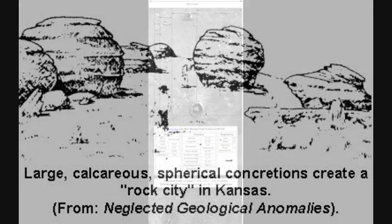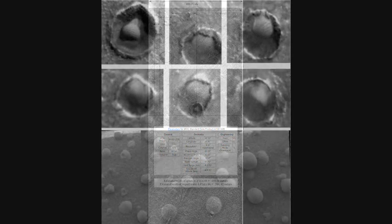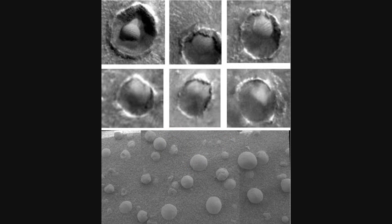And so what I'd like to do is show you the golf ball crater. I've scaled it up. It's 42 pixels wide. That makes it 192 meters wide. And I think anybody can see that... I know it's a smaller image, but I can see that it looks like an impactor. So rather than it being a sand dune inside an impact crater, it is a hard object that caused the impact. So what I did is I looked over all the images of the orbiter,